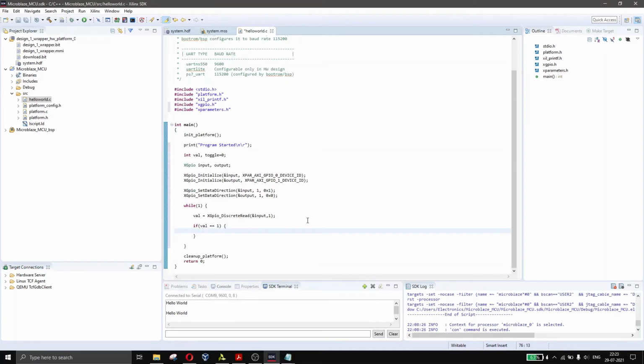now what we'll do, we'll print button pressed, backslash r to give some gap, and then we'll toggle the variable. So toggle equal to not of toggle. Next I thought of printing some pattern, right? So if toggle is 1,